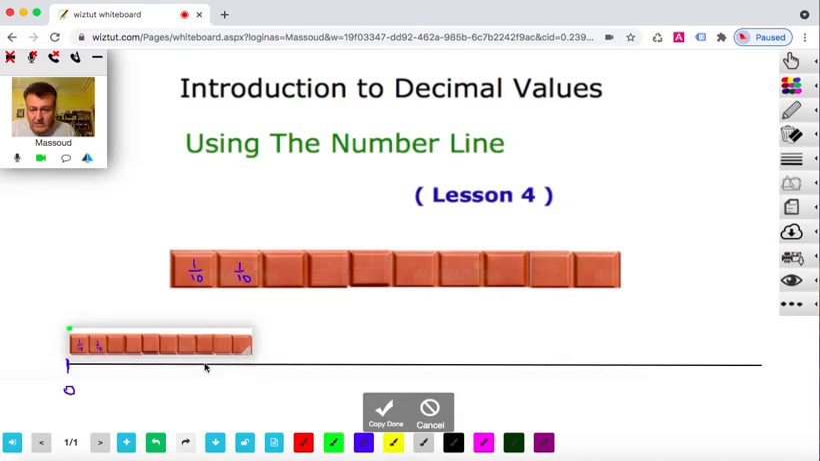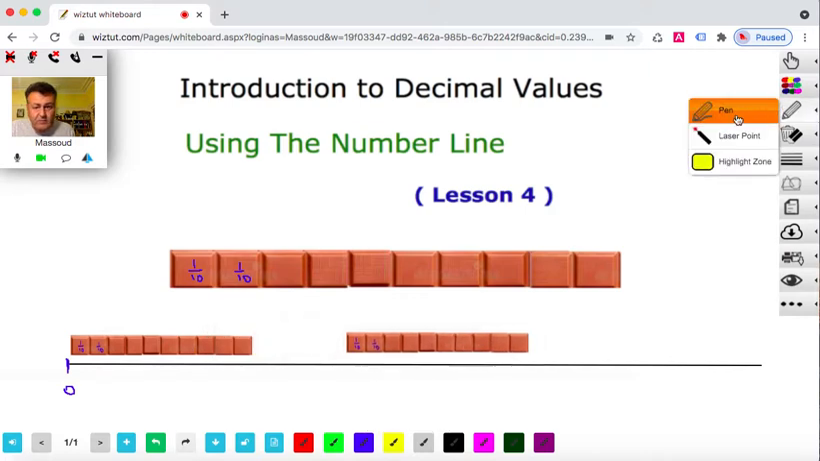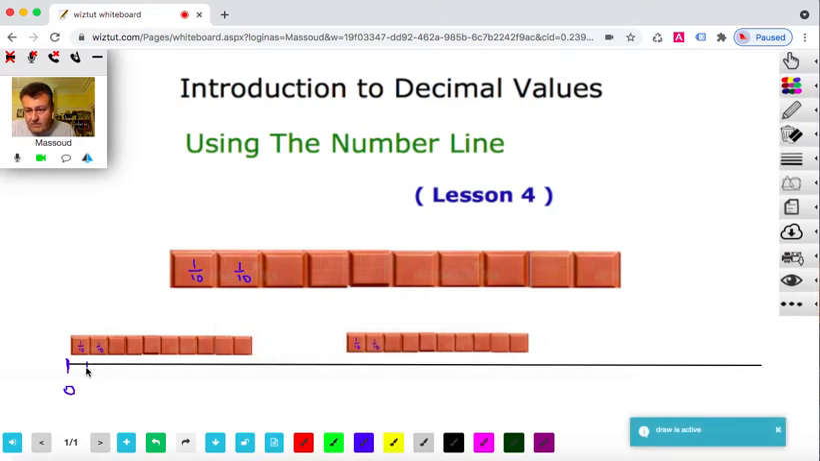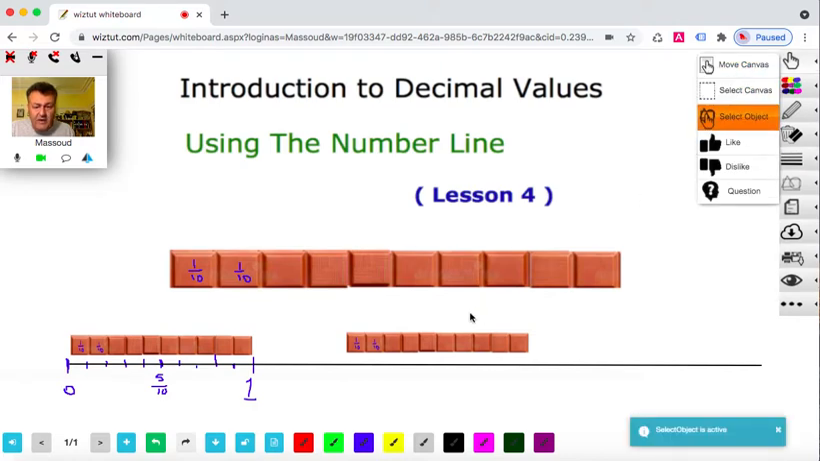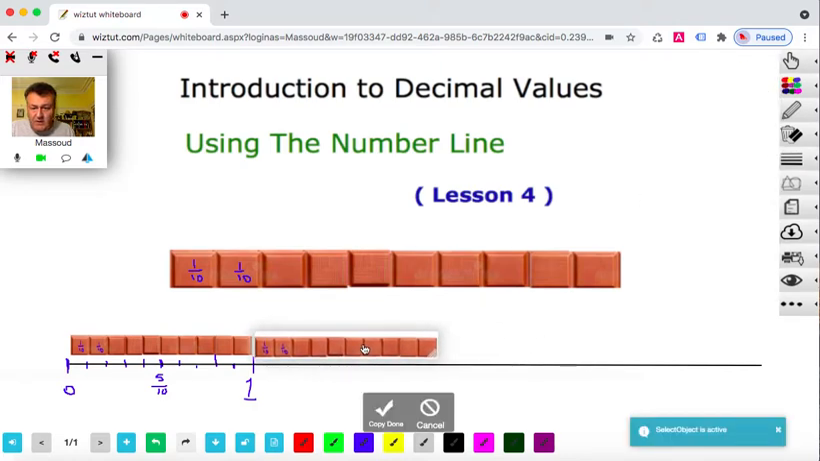So as you can see, this would be 1/10 there. That's 2/10, 3/10, 4/10, 5/10 here. I'll write the 5/10. And then it would be 6/10, 7/10, 8/10, 9/10, and this place would be a whole bar of chocolate. So that's 1. And then let's bring the next bar. Let's place it here,